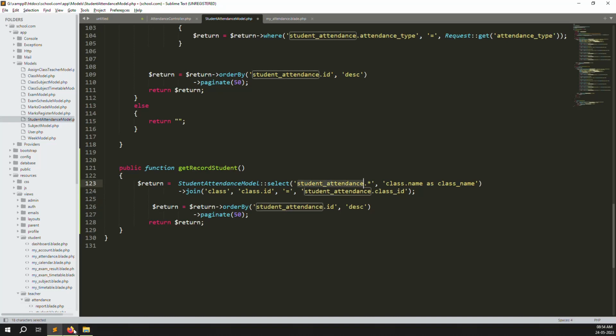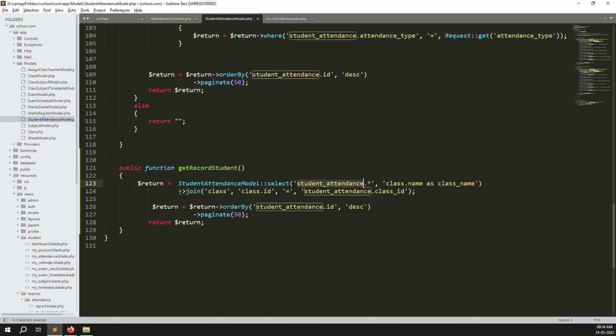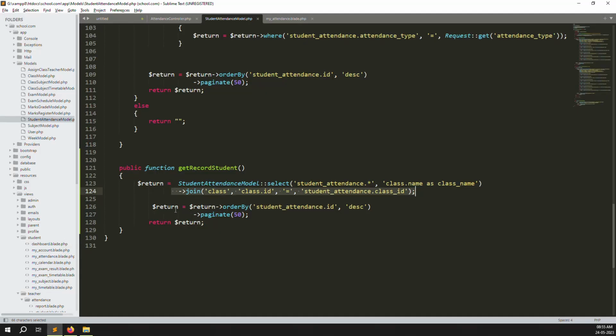So let's show you the table first, what we did here. I go to student attendance, here. So what I did here, first of all I use self, meaning the student class, whatever table there, this is the table name. Select student attendance dot star, and class dot name as class name, because we have made a join query for class ID. So here is the class ID, so again I have made a join query. Okay, and after that the attendance ID is in descending order, so the latest record goes first. So now we need to do a where